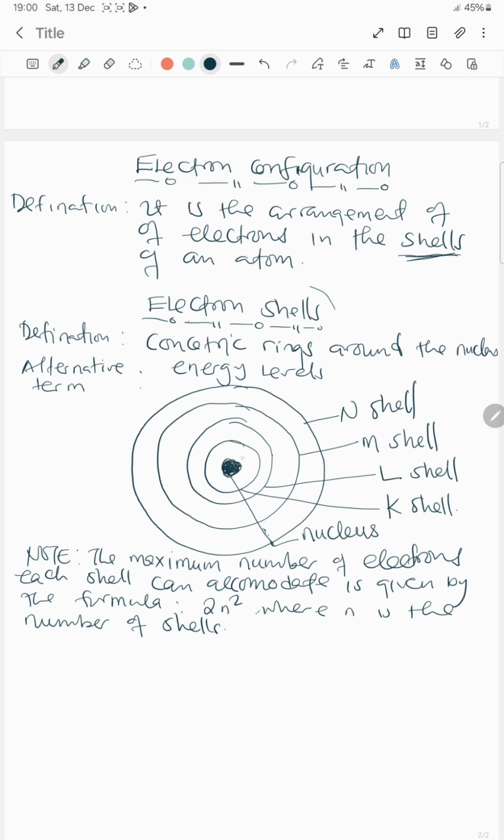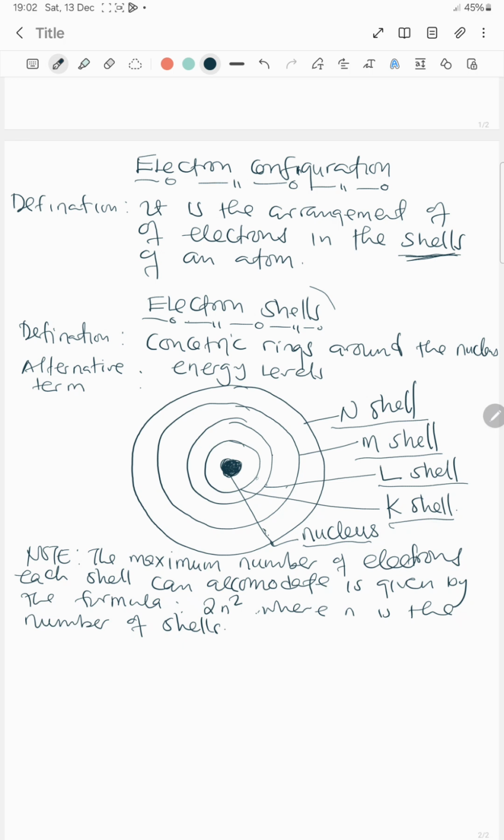Now, this is the diagram to represent the shells. This is the nucleus we're talking about here. The rings around the nucleus are what we call shells. The first shell is called the K shell. The second shell is called the L shell. The third shell is called the M shell. The fourth shell is called the N shell. After looking at that, we have about 4 shells here. So these shells, or energy levels if you like,